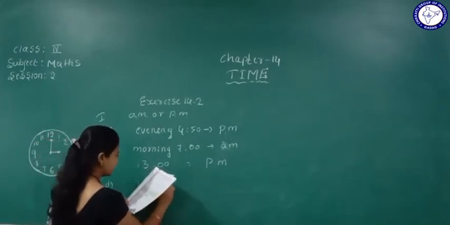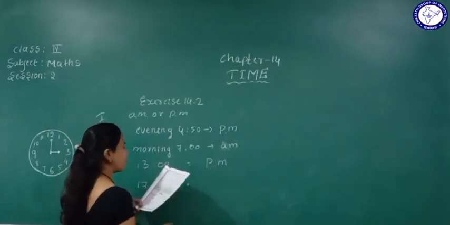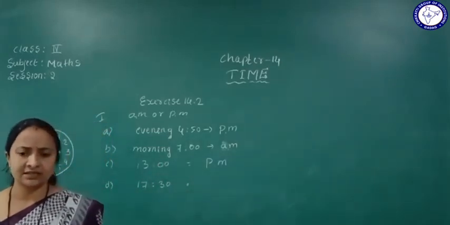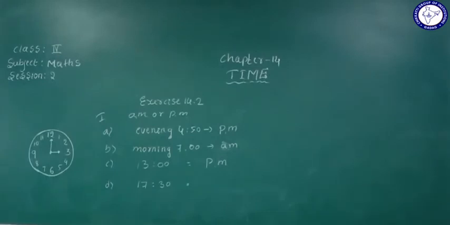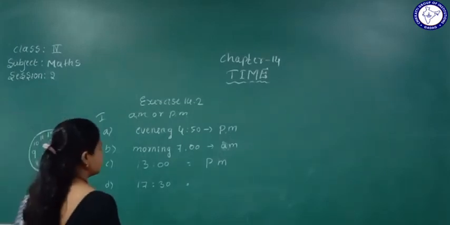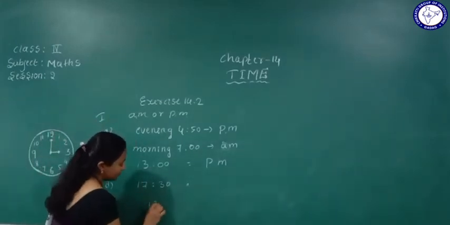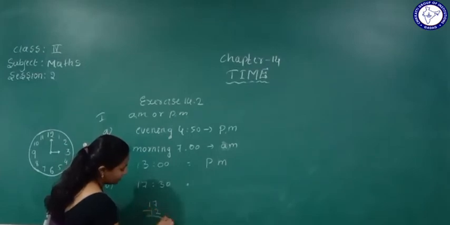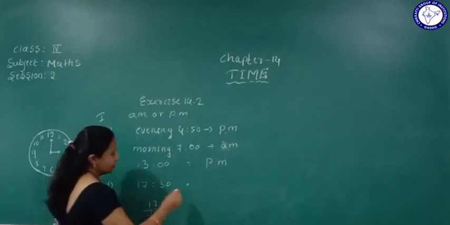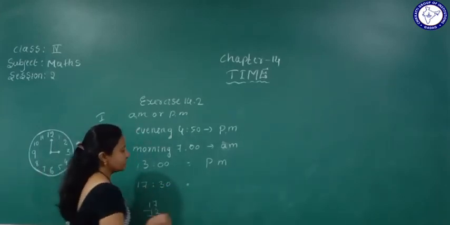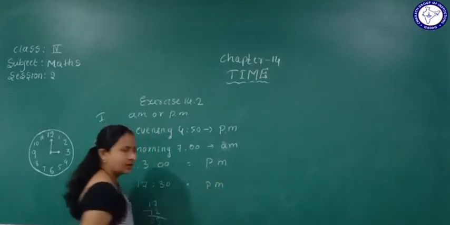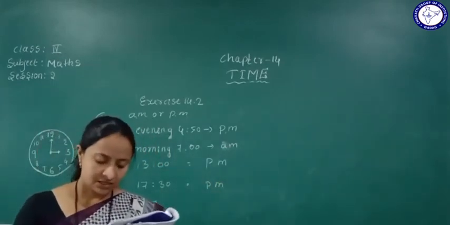17 hours 30 minutes minus 12. So what does it come to? 17 hour 30 minutes. How will we complete this one? 17 minus 12. Yes, 7 minus 2 is 5. So it comes as 5:30. The time 5:30 means it is PM. Understood this one? Okay. Yes, students.